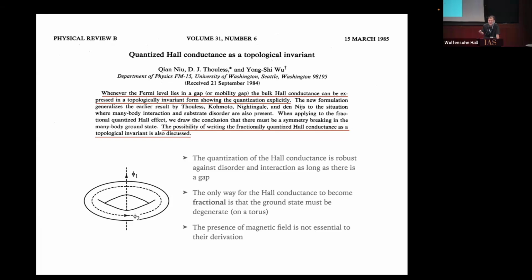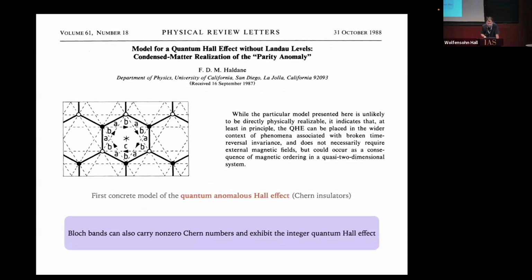So this really didn't say much. This stayed that way until 3 years later, in a famous paper by Duncan Haldane, who first wrote down this very simple tight-binding model to show that indeed you can have a quantum Hall effect at zero magnetic field. So basically the gist of this model is that you consider electron hopping on a honeycomb lattice, and then